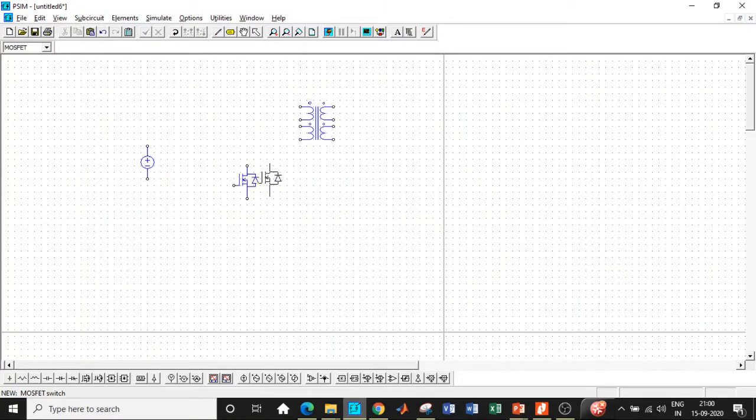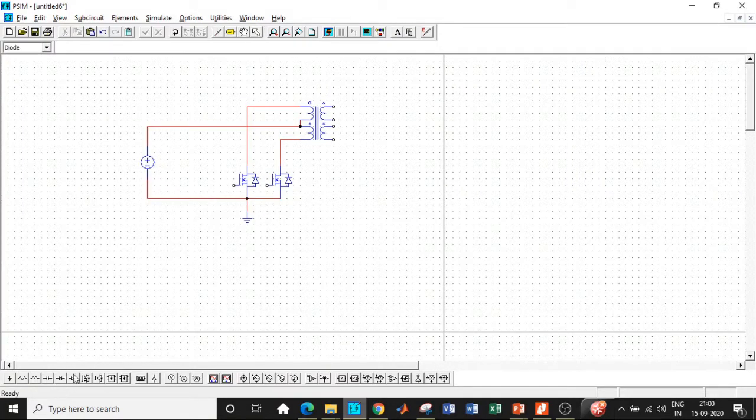We'll be using two MOSFETs, isn't it? So connect it in this particular fashion. Once that is done, we'll be connecting it according to the circuit diagram with respect to the primary side. So we need a connector. We'll be connecting it between these 2 points, and the supply is given at this point with respect to the primary windings, and we'll be connecting one of the switches to this point and the other switch at this point, and we'll be completing the circuit at the source end in this particular fashion. We need a ground in order to connect at the primary end, so we'll be connecting at this point and connect this in this particular fashion.